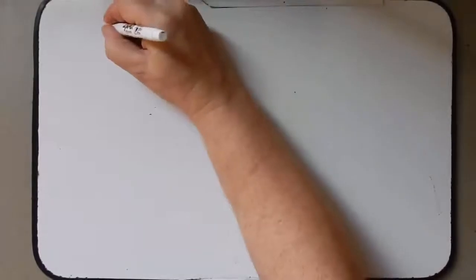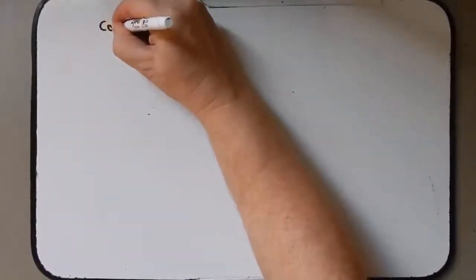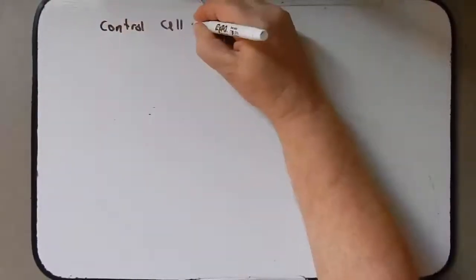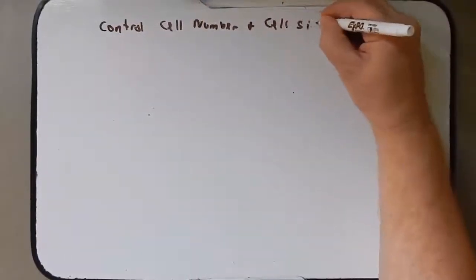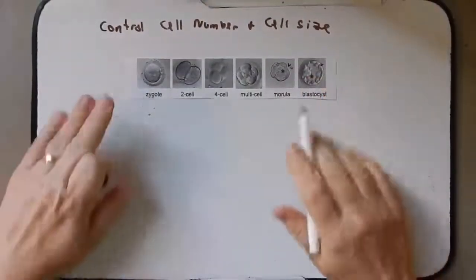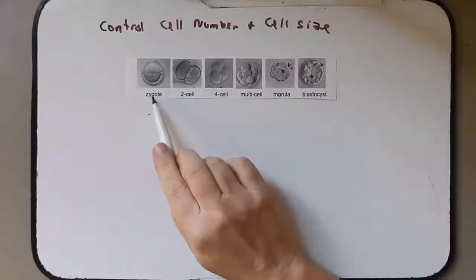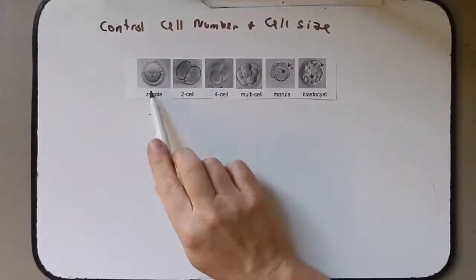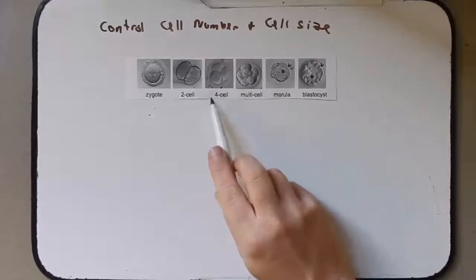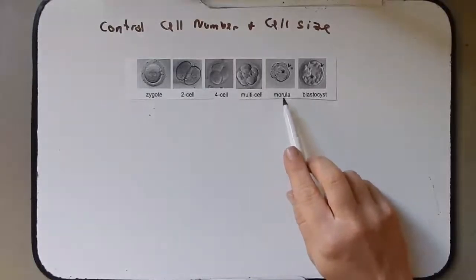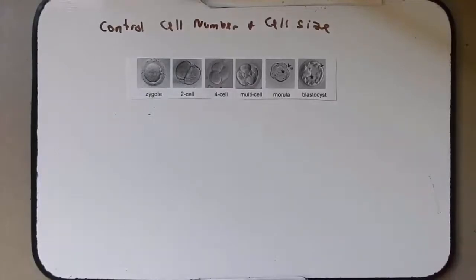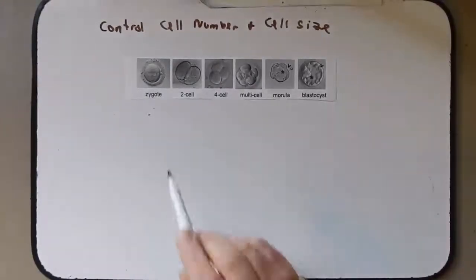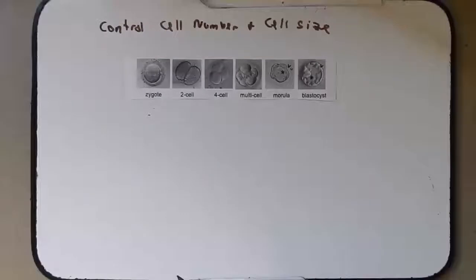In this podcast we're going to talk about how we control cell number and cell size. I want to begin by showing these cells as they go from a fertilized egg, the zygote, to a 2-cell, to a 4-cell, to a multi-cell, to a morula, and to a blastocyst, right as it implants in the uterine wall. We've talked about these cells before, about how they don't change size and how that's related to the cell